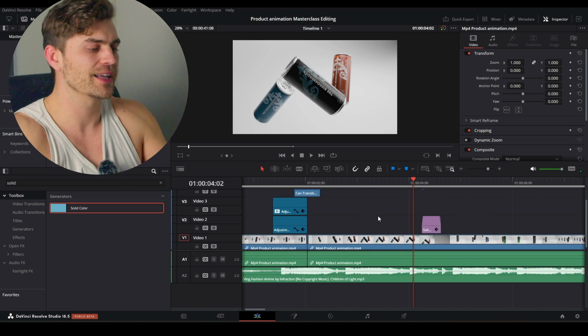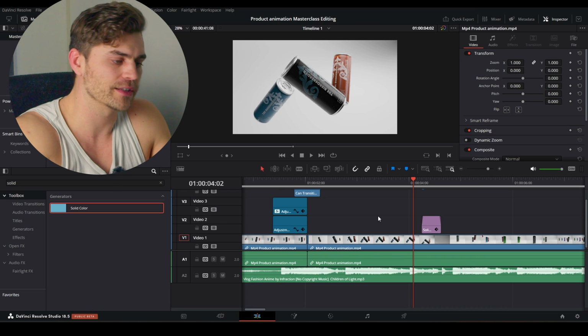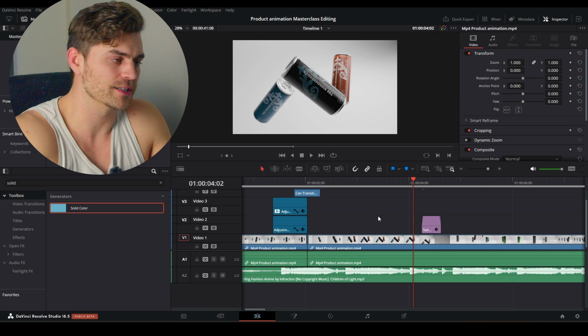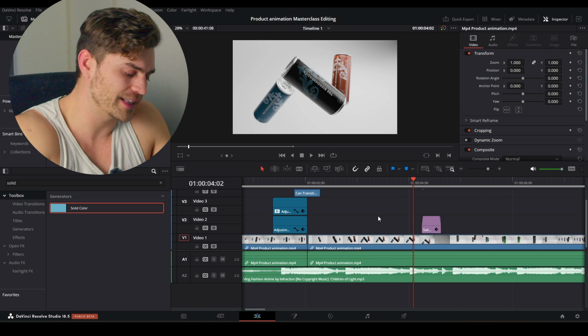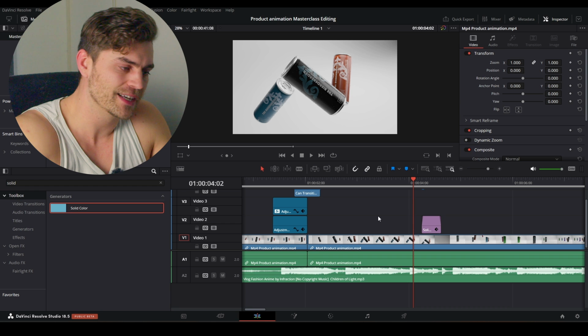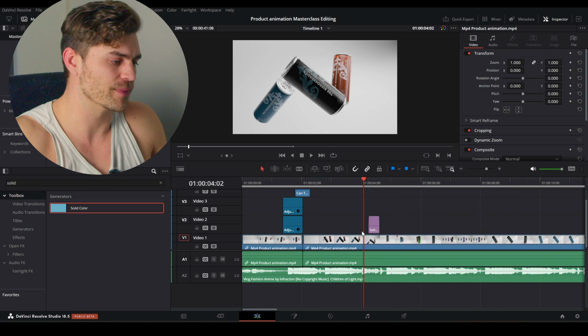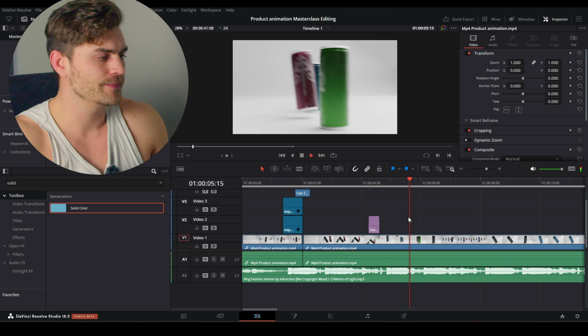But I'm going to leave it like this for now because we are going to color grade all of these shots. It will slow down your computer because color grading takes more computation power, which simply means that we're going to do it at the end. So first get the animation right, get the editing in place, and then do the color grading. And you will not have any struggles with playing this back. So I'm just going to keep it like that.